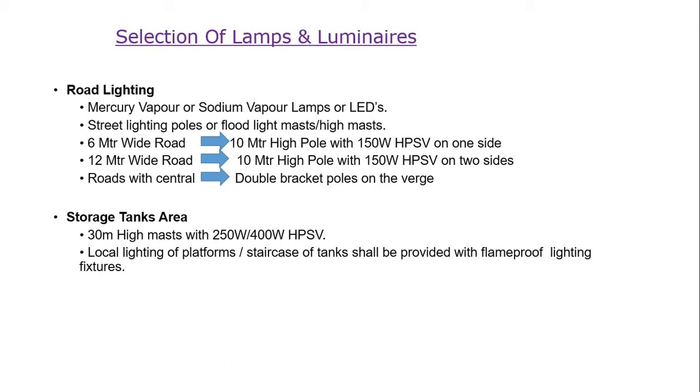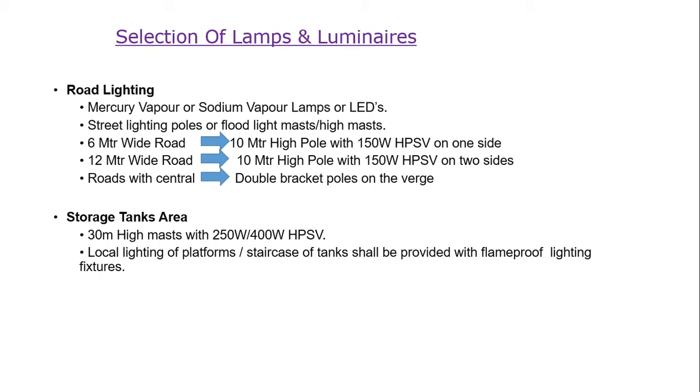So let us take the example of a simple road lighting, which is very important. Nowadays we are mostly using LED, light emitting diodes, which has almost obsoleted all the earlier mercury vapor, sodium vapor lamps which we used to light up our road lighting 5-6 years back. The light fixtures for road lighting are usually mounted either on a pole or a street lighting dedicated pole.